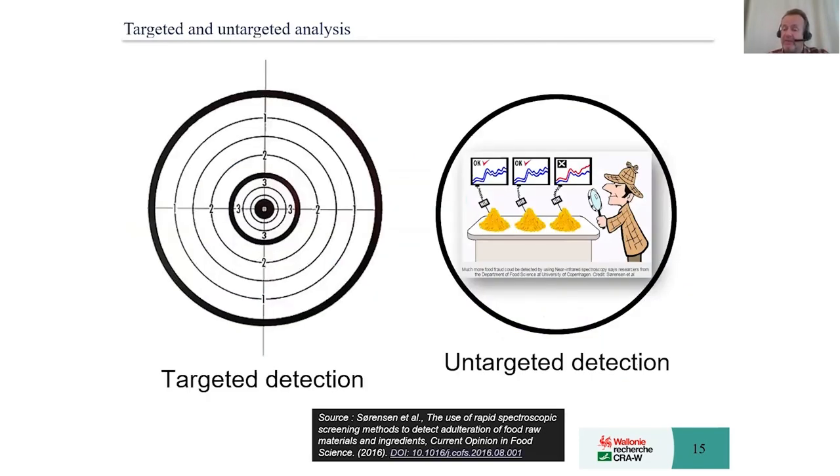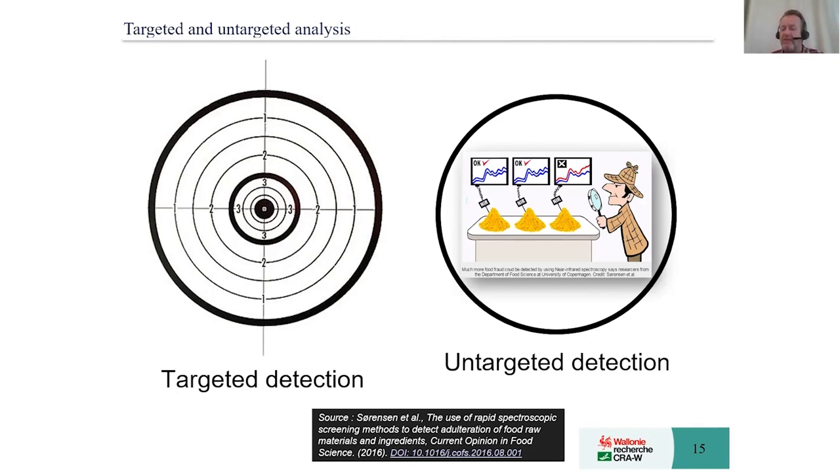When I speak about the development of models, we are not focused only on targeted analysis. Targeted analysis, you say, I want to determine protein content. Or if you are in the case of detection of fraud, I want to detect the presence of melamine or whatever adulterant and so on. That's targeted analysis. But more and more, the interest for the laboratories and the industry is to have untargeted techniques,